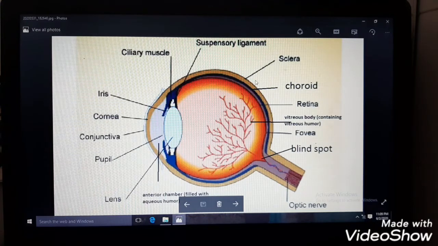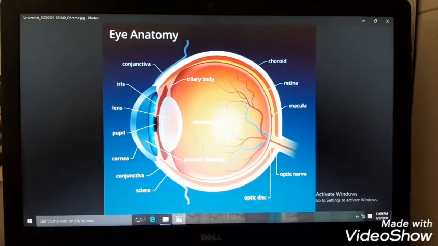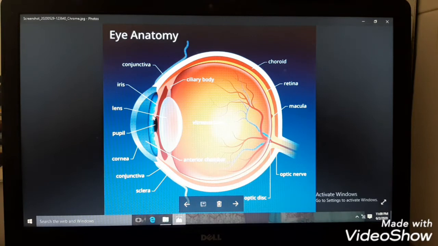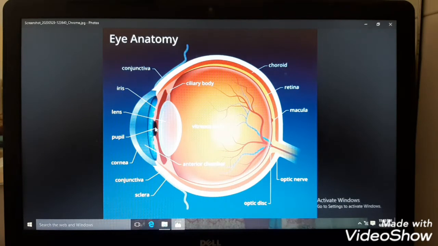Now let me show you another picture because it is not clear in this one. Here, can you see this blue portion? This is your iris. As the light rays enter from cornea, it acts as a refracting surface from which almost all the bending of light takes place, and the light passes through the pupil, and then it passes through the lens. After cornea, the light rays travel through the pupil.